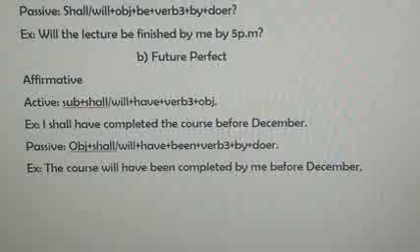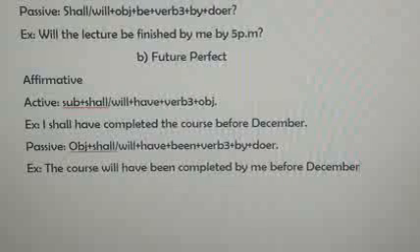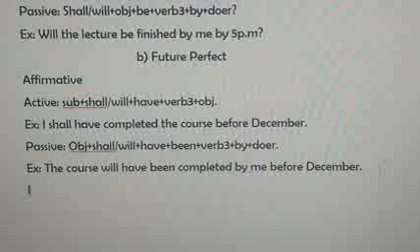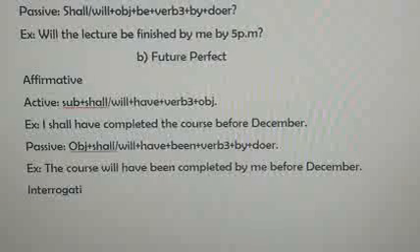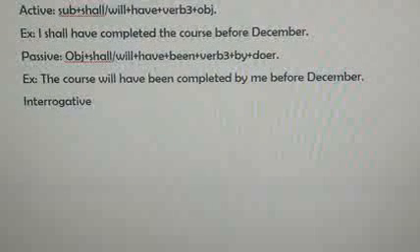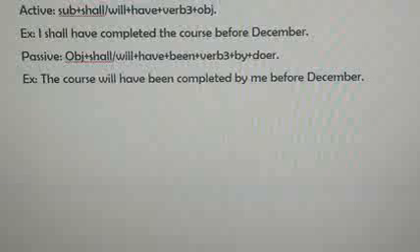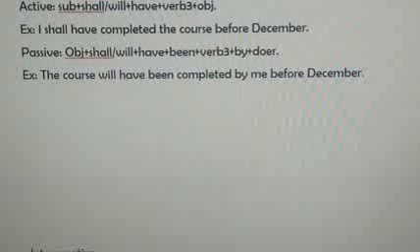Now, my dear friend, let me take you to the next group of sentences, which is the interrogative group. In this group, we will learn all those sentences which ask questions, and how to convert them from active to passive in future tense. Now let me write the structure for active first of all.